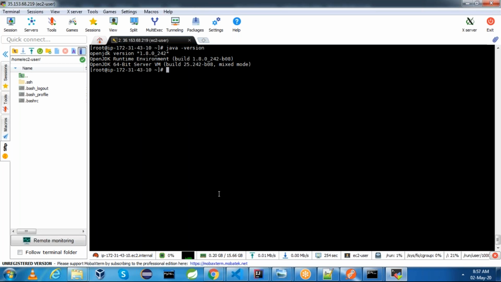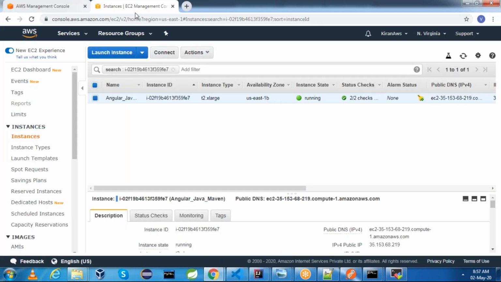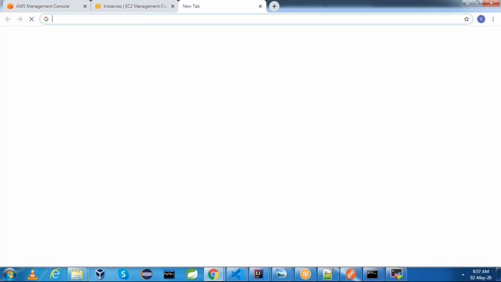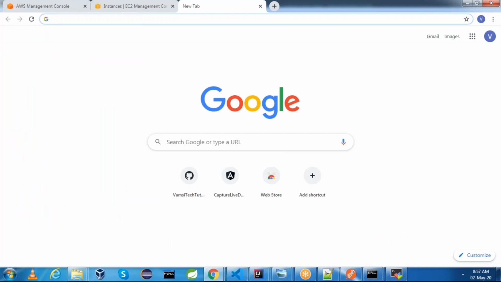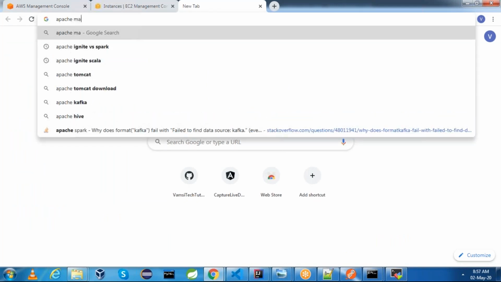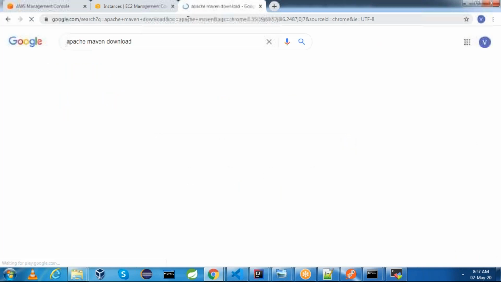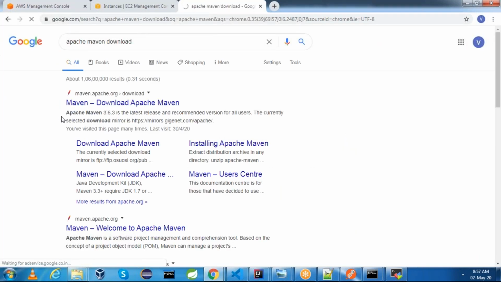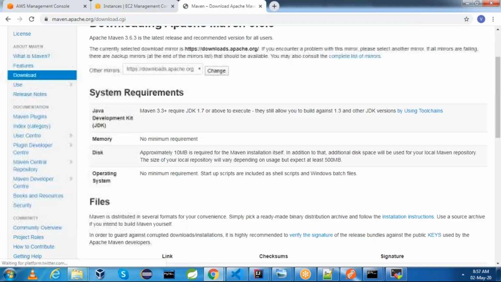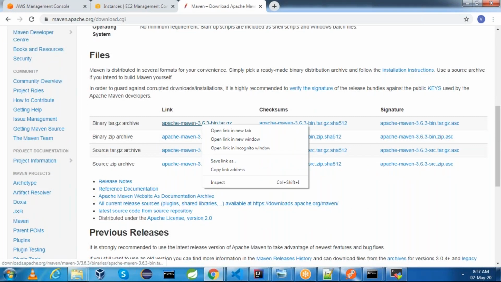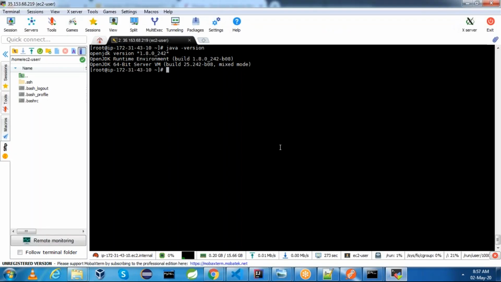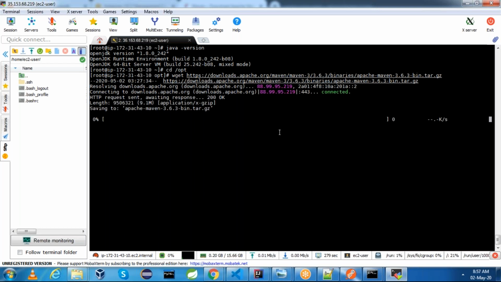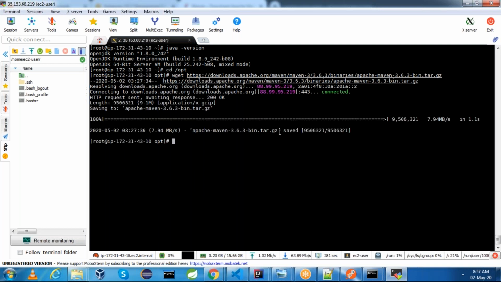And then once we have Java ready, we need to install Maven as well. You can search for Apache Maven download. Click on this and you can select the binary tar.gz, and go to /opt and just download this binary tar, and then execute Maven.